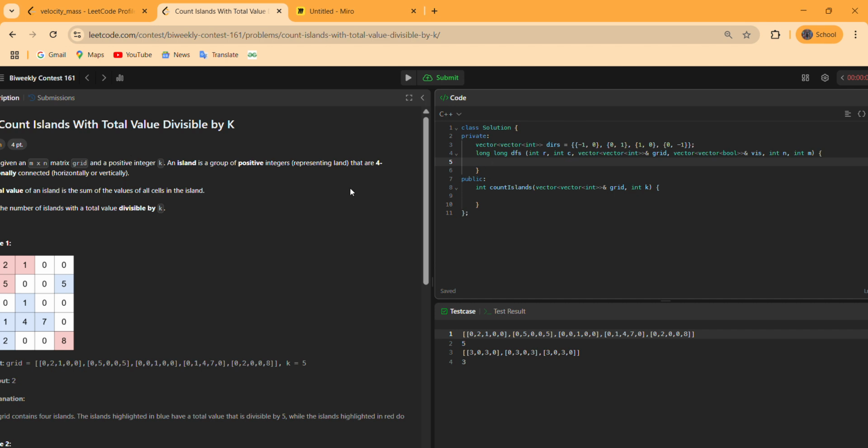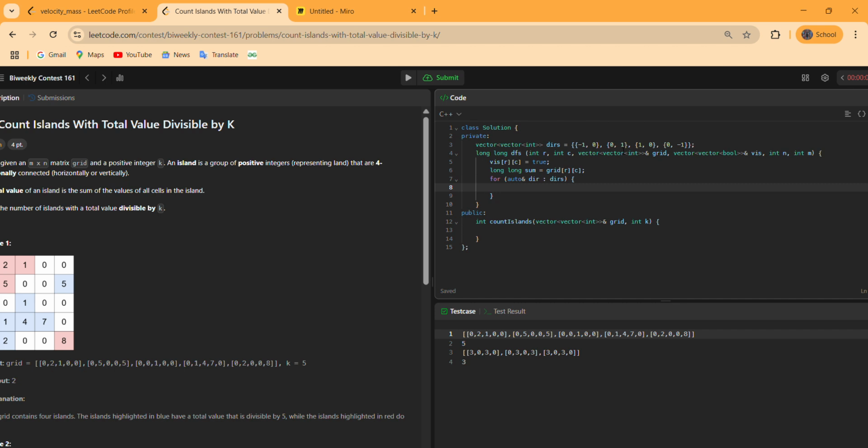Now when we come inside our DFS, first thing we have to do is mark the current cell as visited, and then take the value of current r, c in some variable. Now after doing this, we have to move in 4 directions for every cell, and those 4 directions